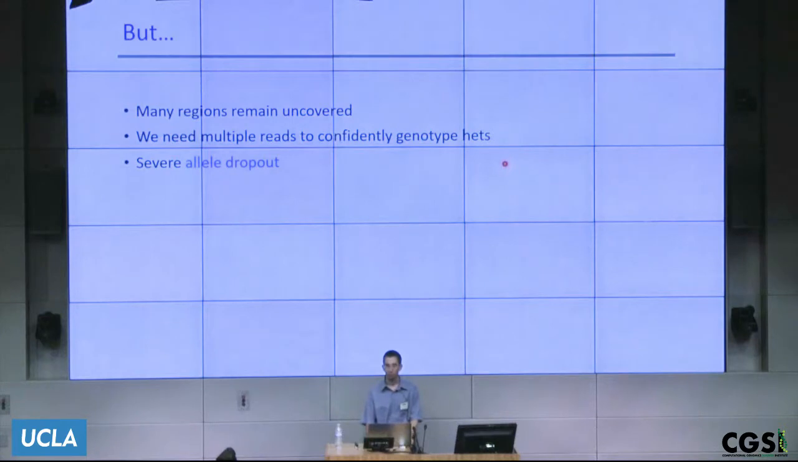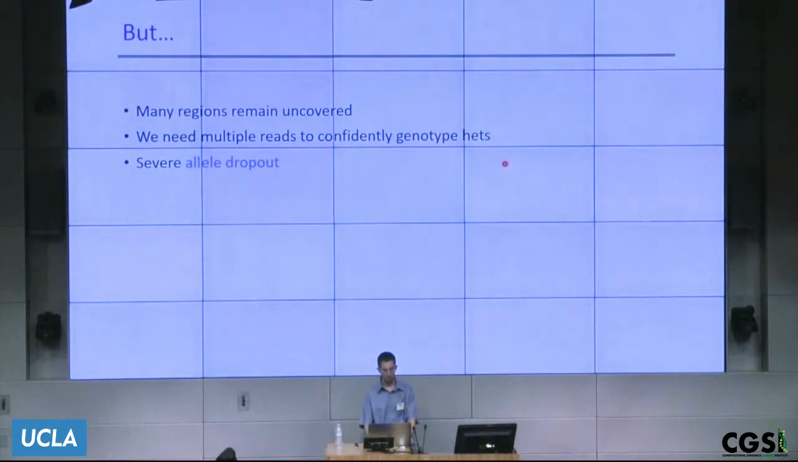Obviously, there are problems with low coverage sequencing. So many regions remain completely uncovered, and sometimes it's not even by chance. Sometimes the bias is systematic. Also, if you want to genotype sites that are heterozygous, this is a problem. Of course, we need at least 2 reads, in the best case, just to make sure we saw